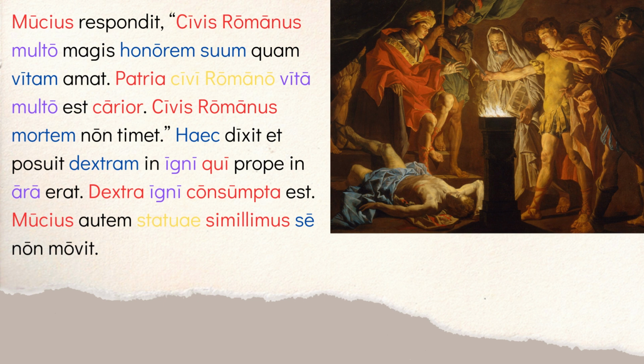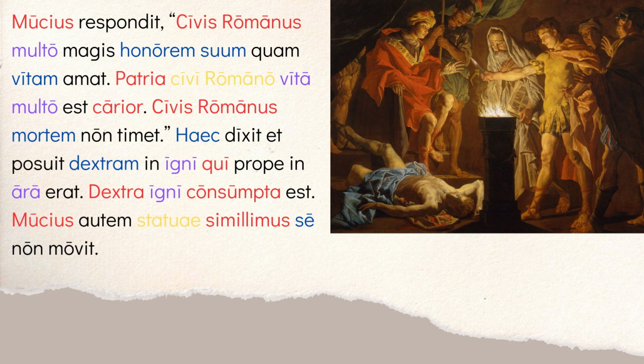So remember, he got threatened with fire. So in response, he takes his right hand, saying, I don't care about death, and he puts his own right hand in the fire. It's the fire, qui, referring to the fire, which erat prope in ara, which was nearby on the altar. So prope there is nearby. In ara means on the altar. So you want to imagine they have a torch or something burning on the altar. Gaius Mucius looks right at him. He's like, I don't care. You're going to threaten me? What do I care? And he sticks his own hand in the fire.